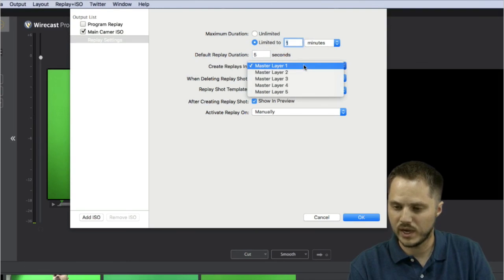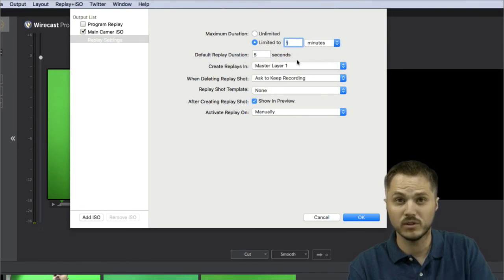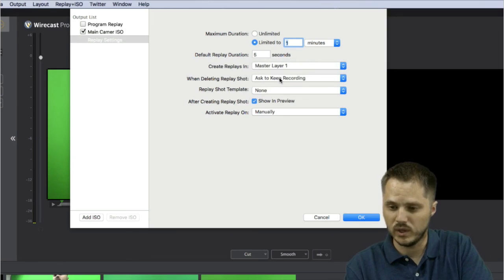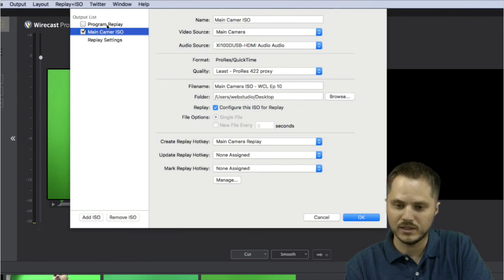We want to create them, say, on layer 3 or layer 1. Actually, I prefer layer 1 for my replays. Ask when deleting shot, yes. Replay shot template: at this time, I don't want to create a template. After creating it, show it in the preview, activate replay manually. All that's good. So these settings are going to apply to this ISO replay we've now configured.